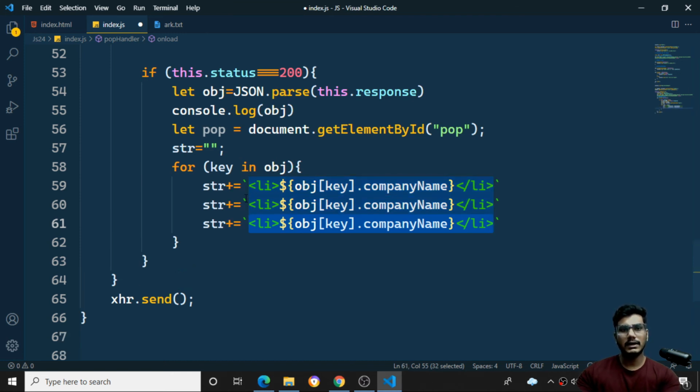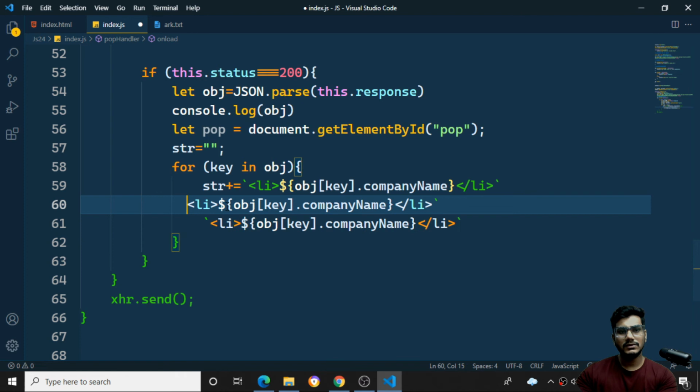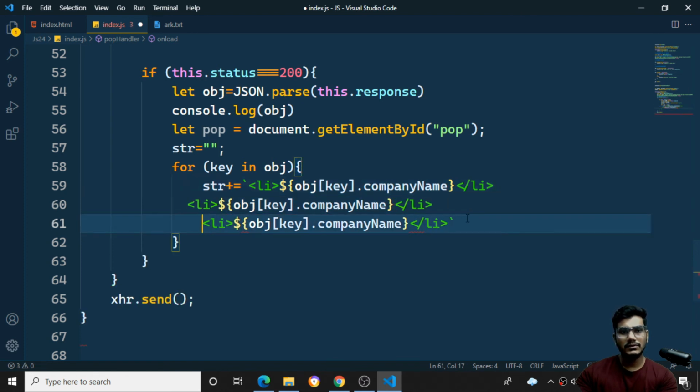Suppose I want to have this one, so I'll remove this much, and even this also. I want to remove this object literal, this much, and this much. So let's do it like this. Now you can see the particular thing is perfectly like this.